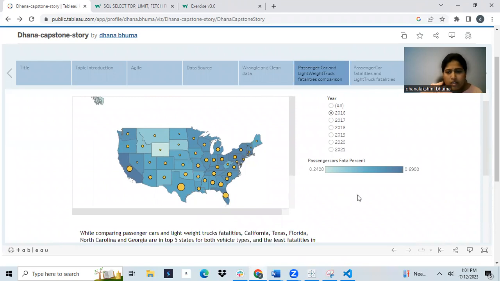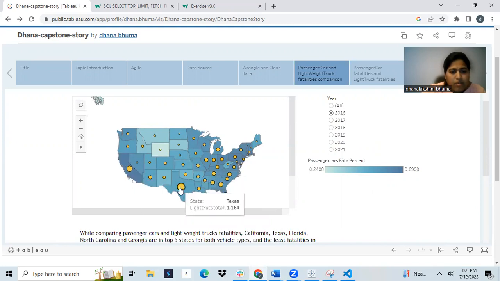Here, dark blue represents the highest passenger car fatality rates, light blue represents lower passenger car fatalities, and the big yellow circle represents the highest light truck fatalities. So by doing these comparisons,